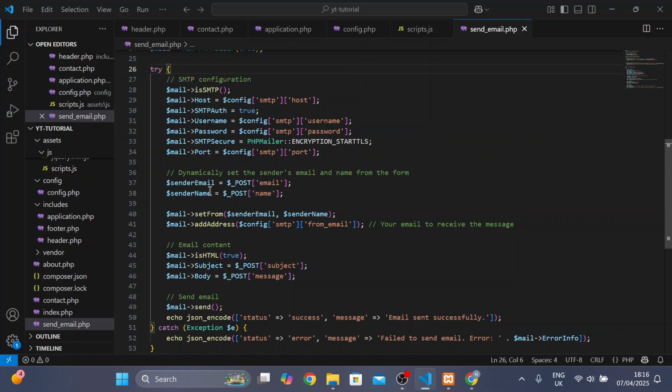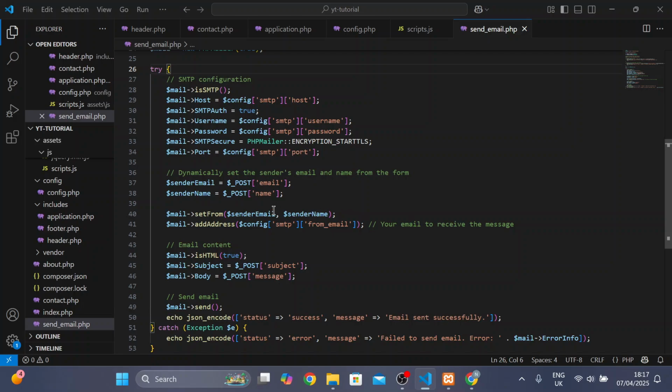and this is the sender's email, and this is basically the sender name is the name that you enter in the contact form, and the sender email is the email that you enter in the contact form also. This essentially makes it so it can be dynamically set to whatever, instead of being hard coded. And these two variables will be used to be assigned to the set from, so this knows where the email